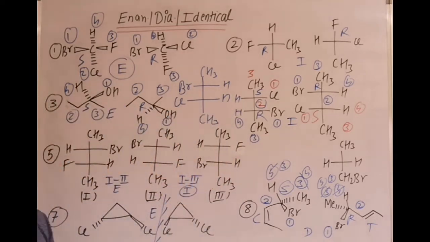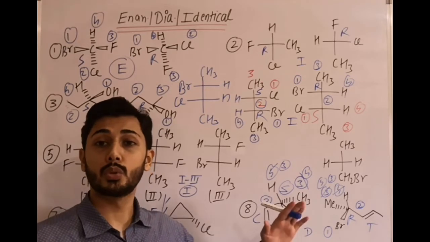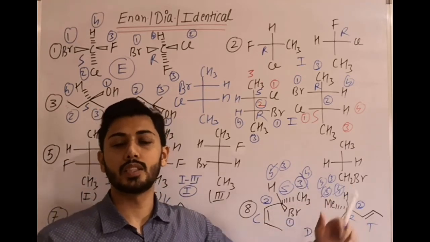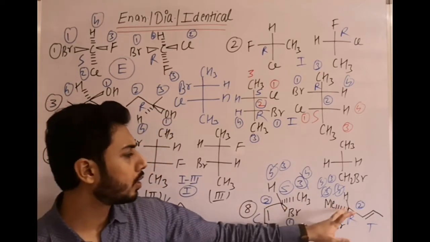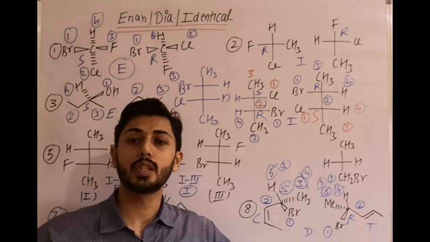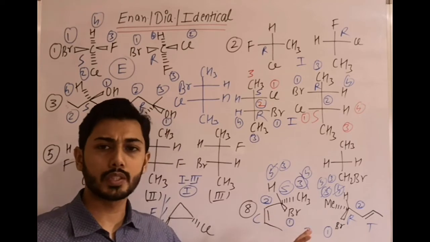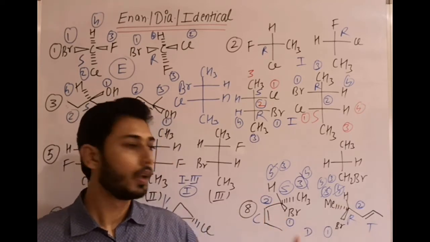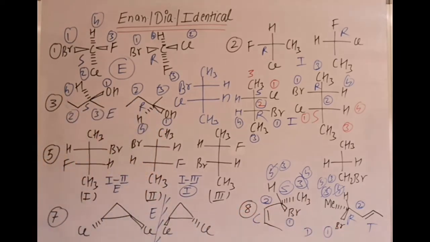Now with respect to chiral center, we are getting 1S, 1R, but here the double bond is also a stereo center, and this is cis, this is trans. Cis, trans, they are diastereomers. If it is S cis, it is R cis, then we use the term enantiomer. Are you getting it? If this is also cis, it is also cis, then S cis and R cis become enantiomers. But here cis trans are given, so example number 8, these molecules are diastereomers with respect to each other.